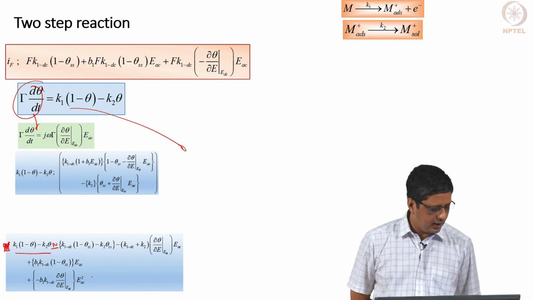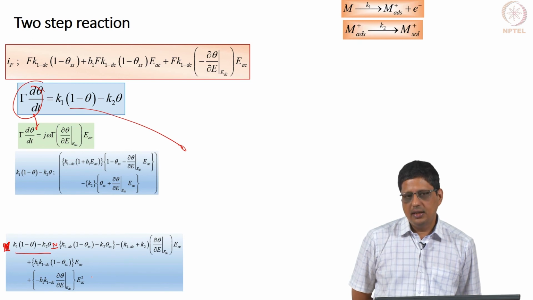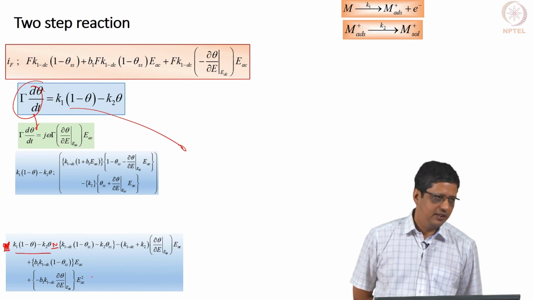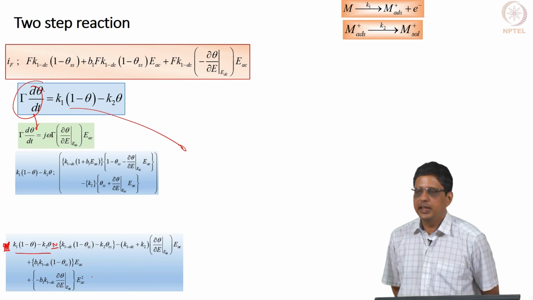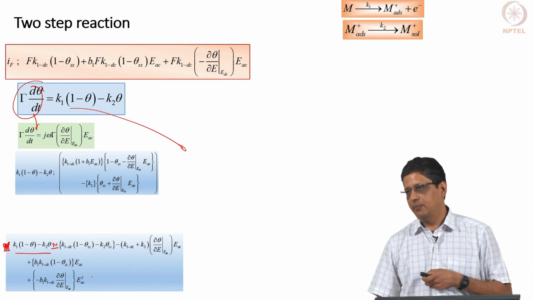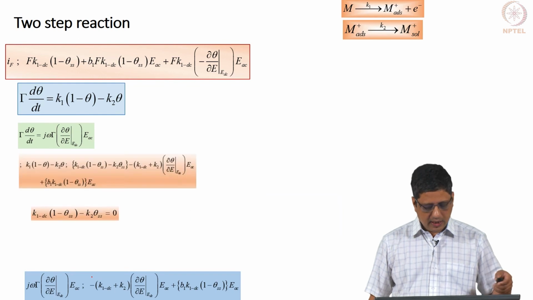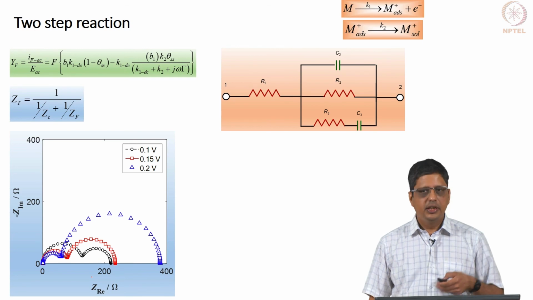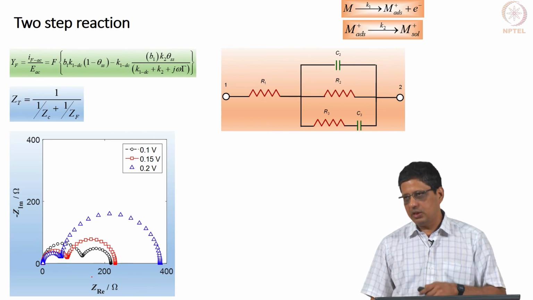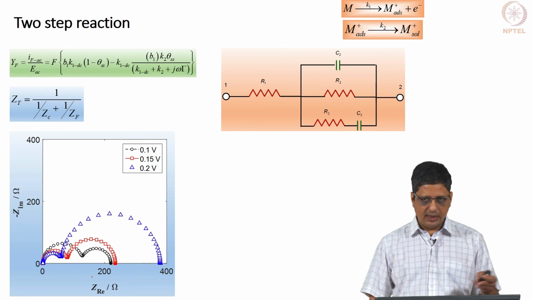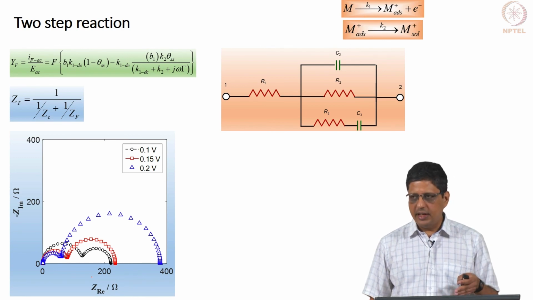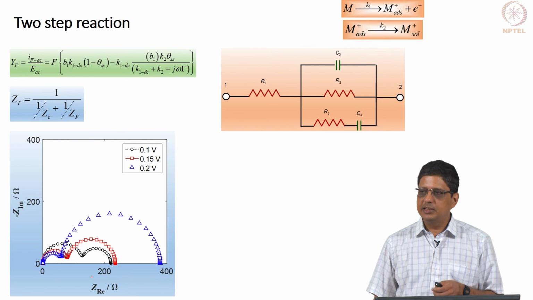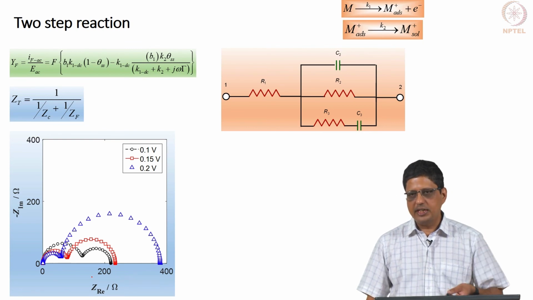I will stop here now, but I will continue with this tomorrow, and then finally we will see the expression for Faraday current, write it as DC plus AC, we will get the expression for impedance, and then if you plot it, how will it look like in the Nyquist plot or complex plane plot. I will show you now how it will look like. After doing all this, it is going to look like 2 semicircles, possibly 2 semicircles. Depending on the DC potential, the radius or diameter of the semicircle will vary, but you can represent all of them by this Maxwell circuit or equivalent Voigt circuit or ladder circuit.